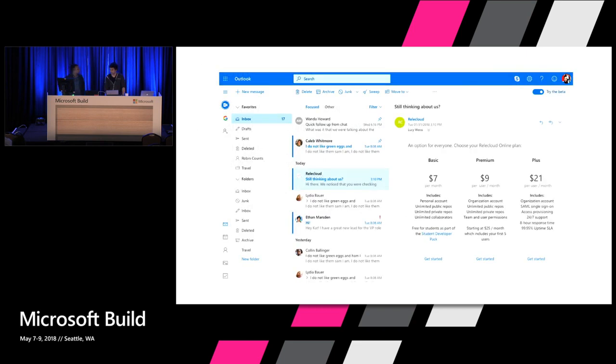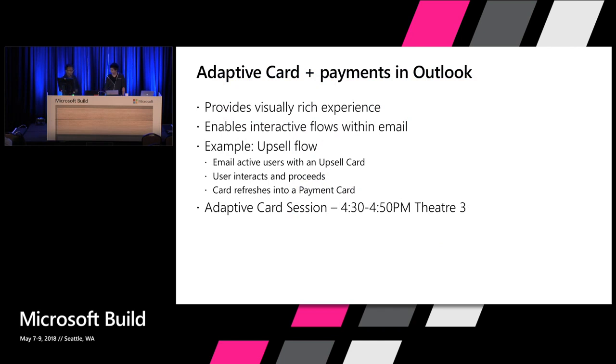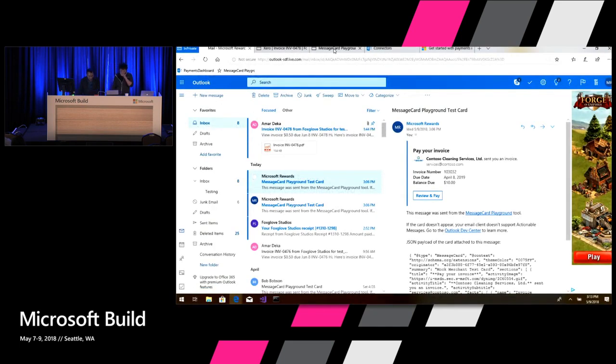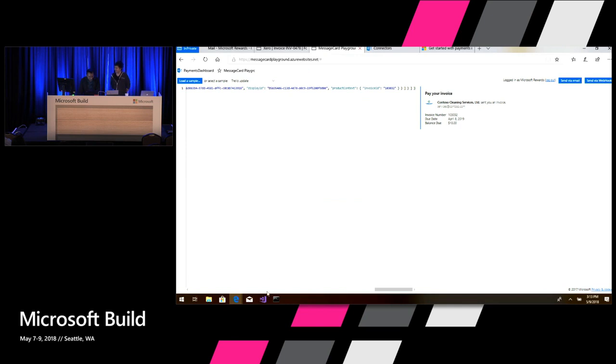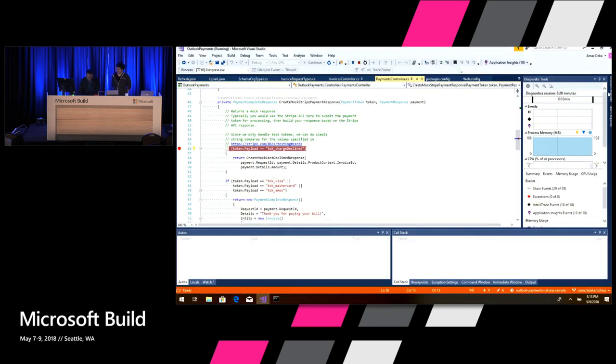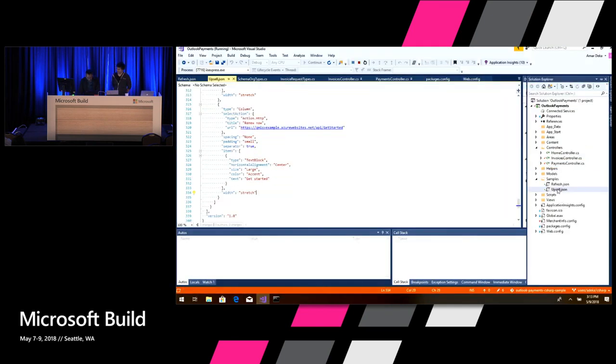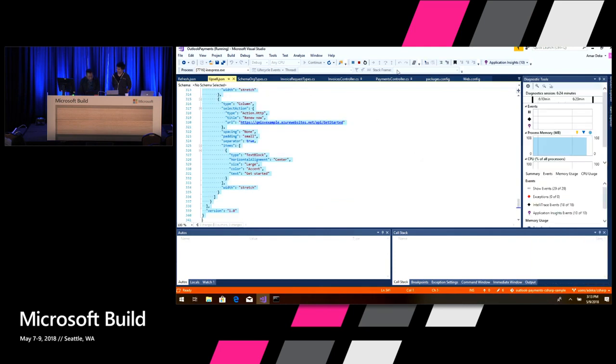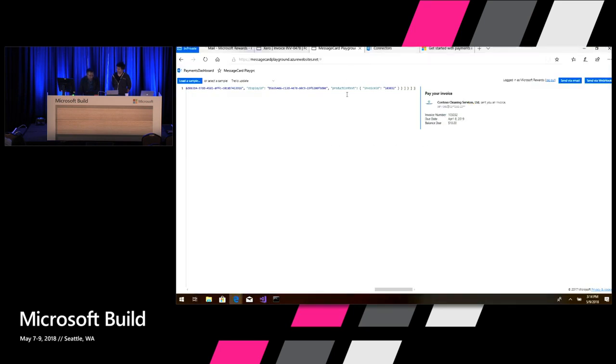Yep. So actually I can show it perhaps live. Sure. We crafted this adaptive card, which is pretty cool, just a few hours ago. So hopefully it'll work. Let me go and copy the markup. Okay, so this is the markup for the card. I will use the same message card playground.